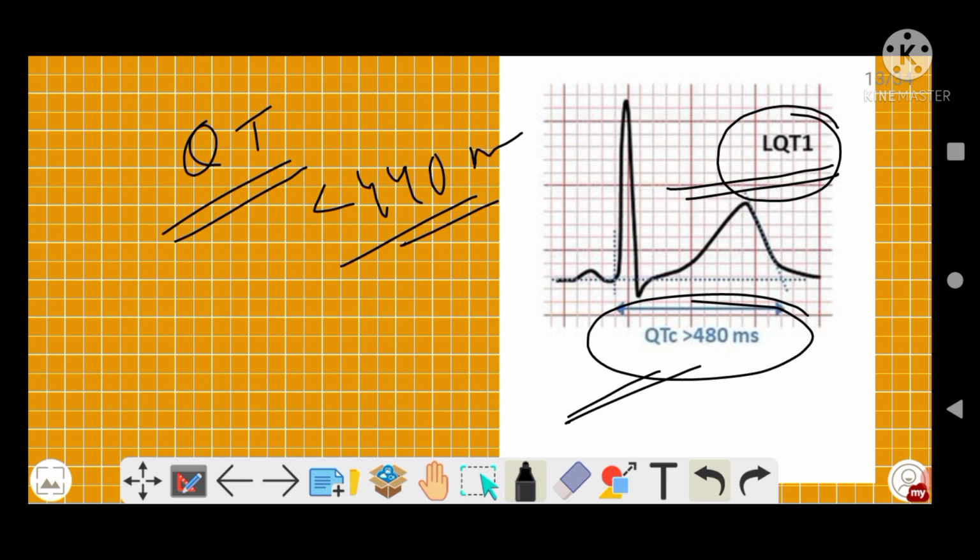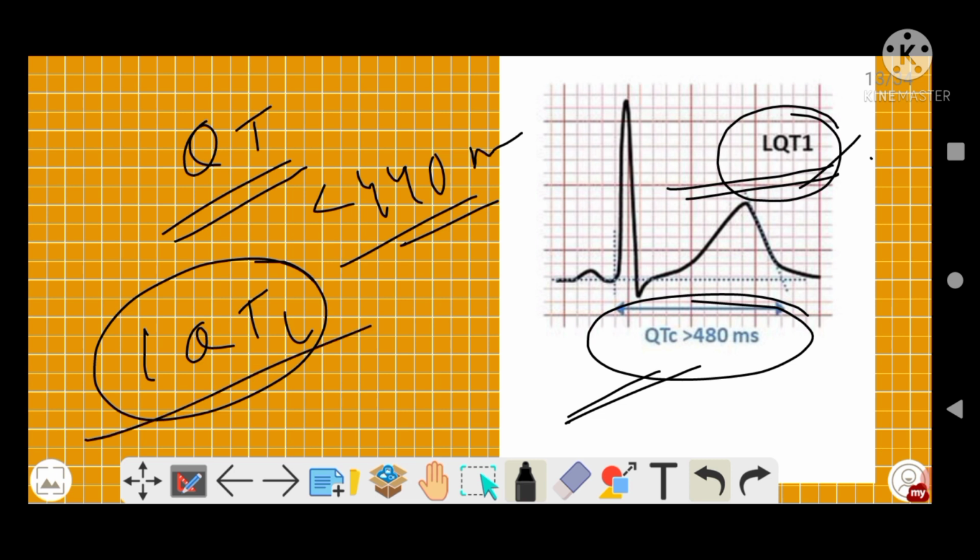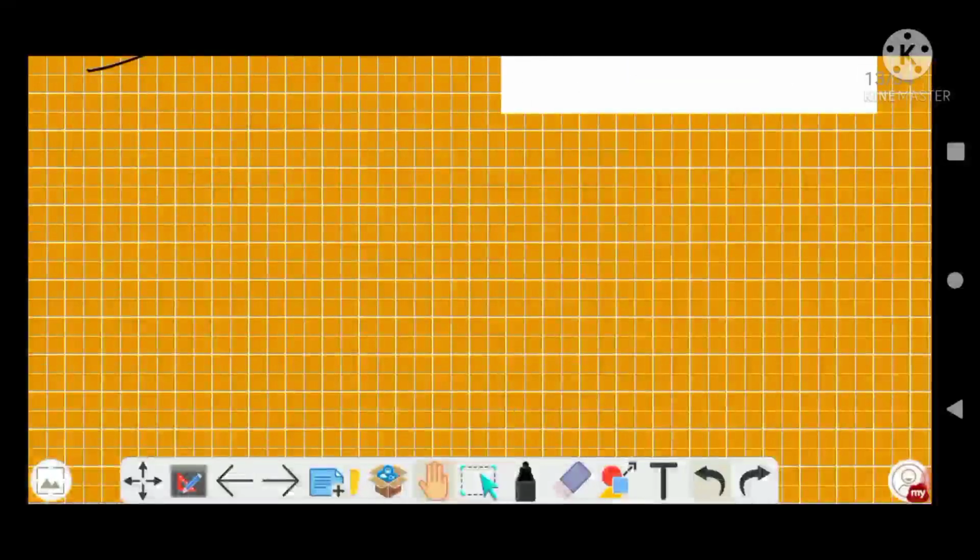One of them is a congenital disorder, right, which often remains underdiagnosed and often predisposes to ventricular tachyarrhythmia. So this is LQT1 or long QT. LQT1 is known as long QT syndrome. So it is an underdiagnosed congenital disorder and one of the causes of long QT and predisposes to ventricular tachyarrhythmia. You must understand this, and there are also other conditions we will see where the QT interval is prolonged, right? One is congenital long QT syndrome.